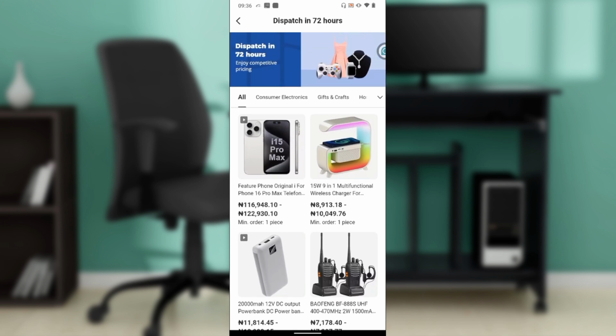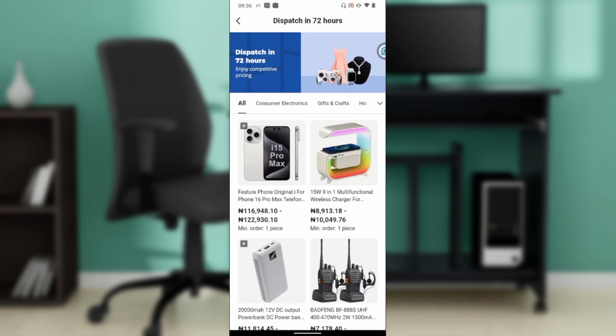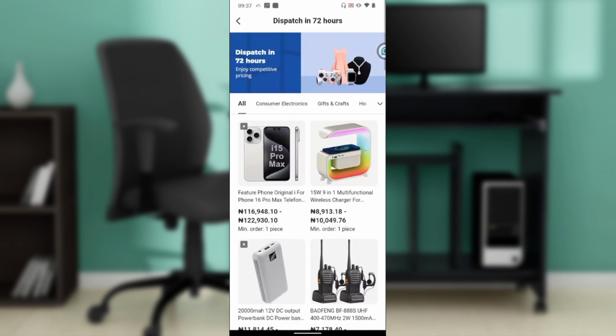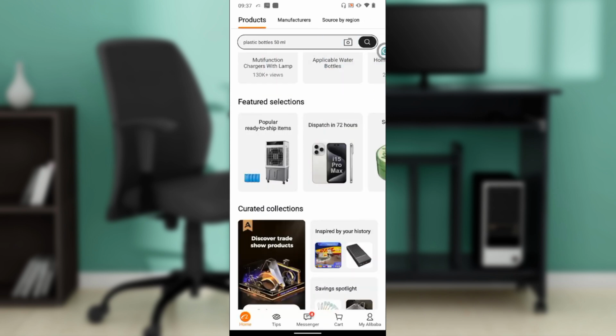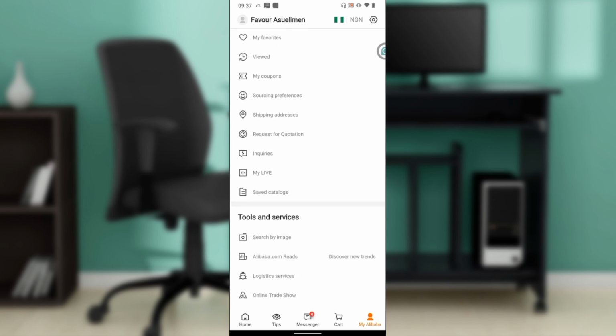on Alibaba. Now let's say during checkout, you're trying to place an order for a product. You go through the processes to pay, and during payment you added a credit card, and let's say you want to remove the card. Now right here in Alibaba, from the Alibaba application itself, that's the mobile application itself,